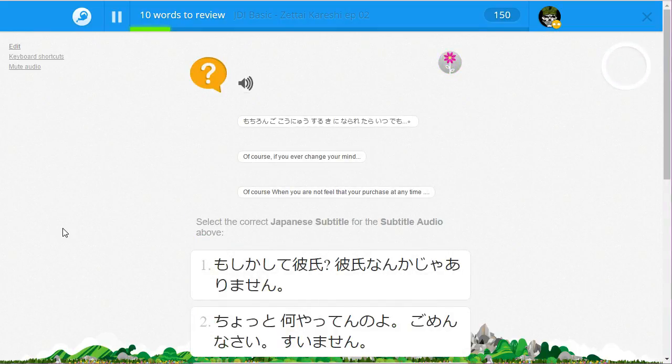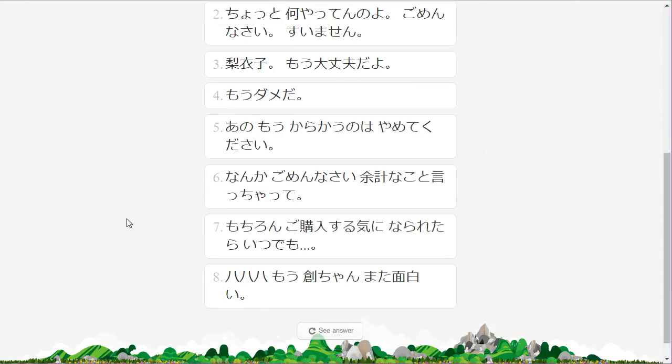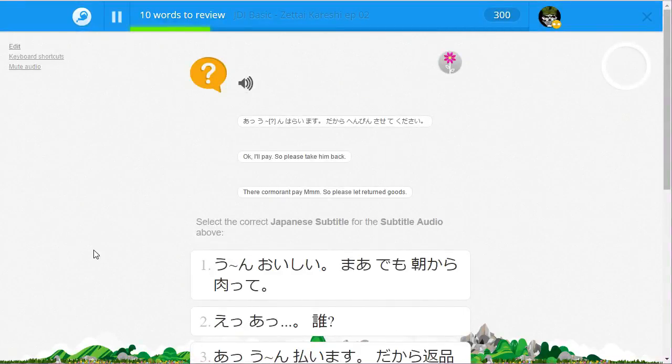もちろんご購入する気になられたらいつでも。 絶対。 もちろんご購入する気になられたらいつでも絶対になれない。 もちろんご購入する気になられたらいつでも。 絶対。 もちろんご購入する気になられたらいつでも。 絶対。 になられたらいつでも。もちろんご購入する気になられたらいつでも。新規紙になります。 払います。 シラス だから返品させてください。 では一瞬。